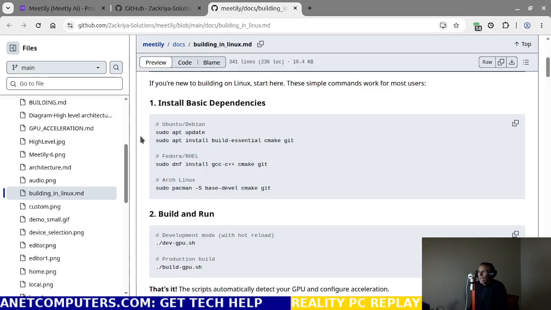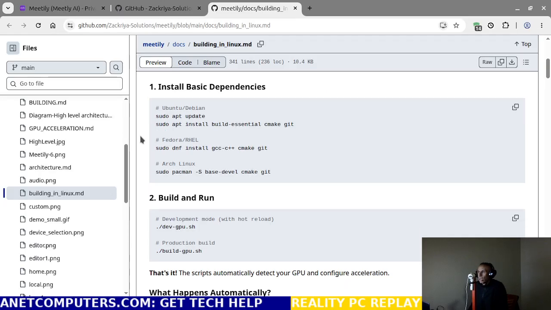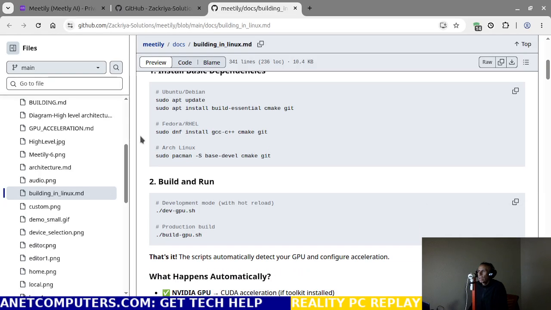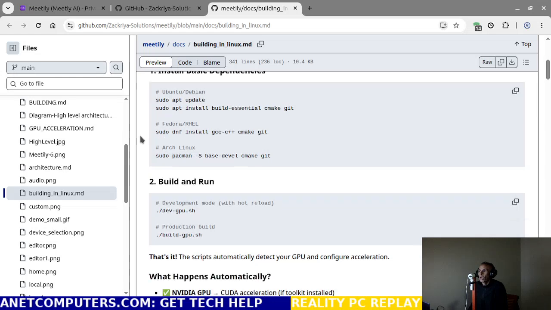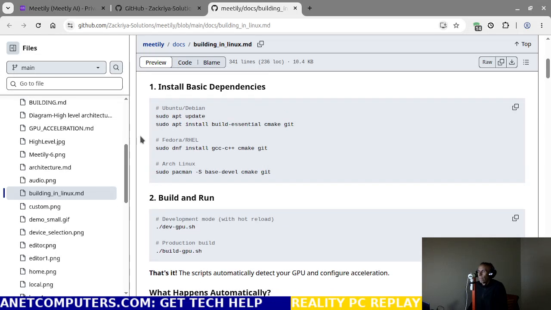Space minus capital S, case sensitive, space base-devel, space cmake, space git, and then you're going to build and then run it. Right? You just installed the dependencies. Now you're going to build and run. Now this is development mode with hot reload. And then you just type in